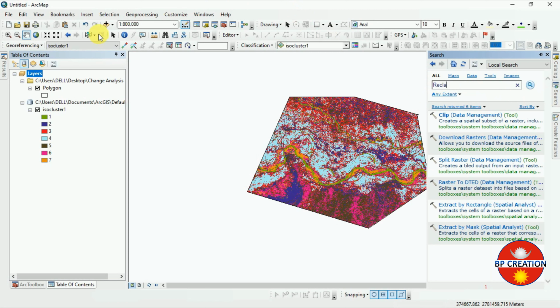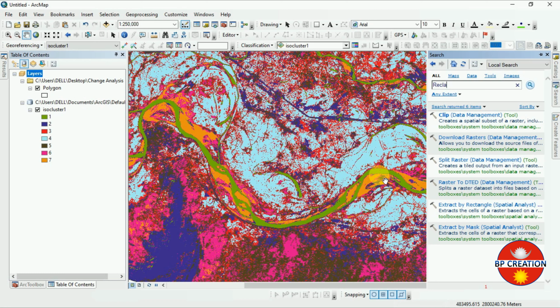First of all, we have to put certain criteria first. Criteria 1 represents, you can see it here, which I have shown you in the Google Earth. This criteria 1 represents river or the water source,